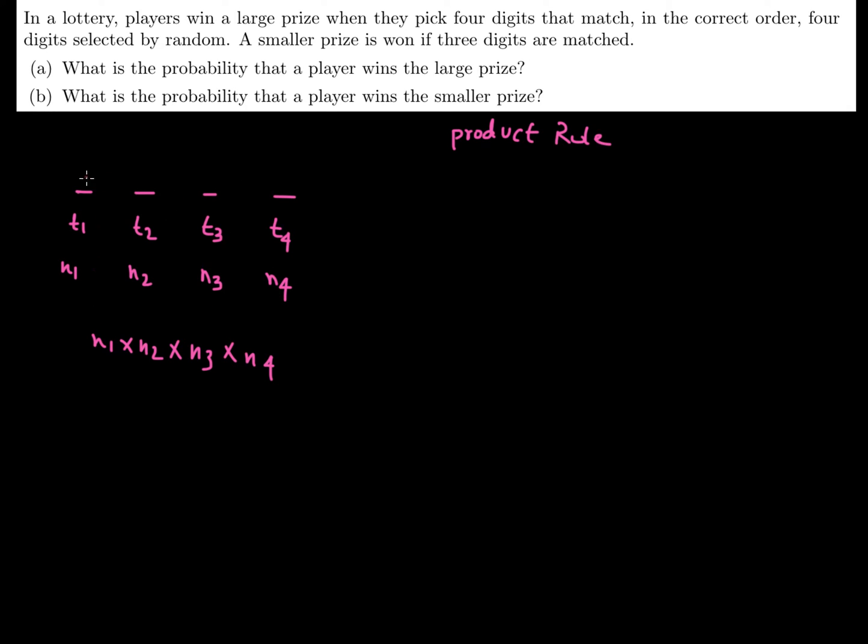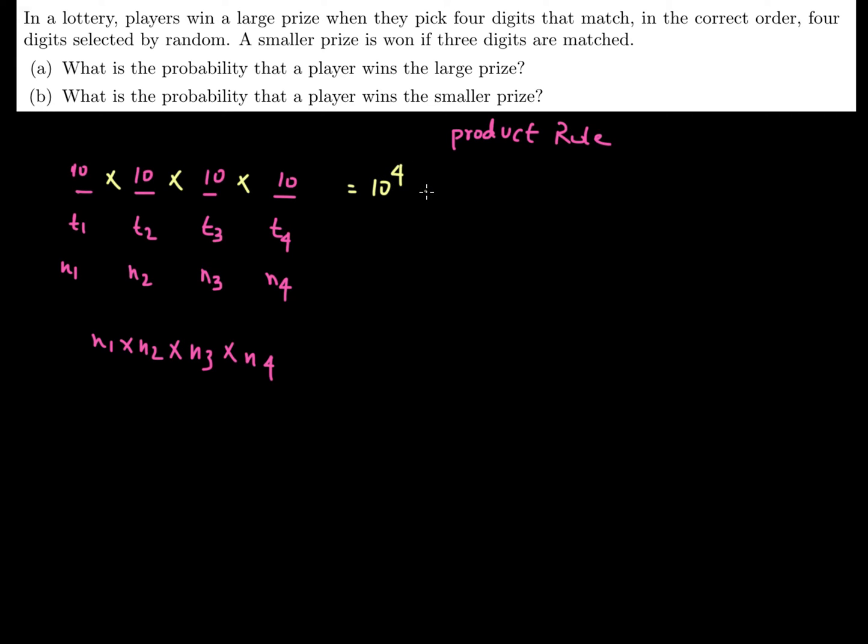Okay, so for the first digit over here, we have 10 digits. So there are 10 different ways to select the first digit. There are likewise 10 different ways to select the second digit, 10 different ways to select the third digit, and 10 different ways to select the fourth digit, which means I have 10 times 10 times 10 times 10, which equals 10 to the power 4 different ways to arrange